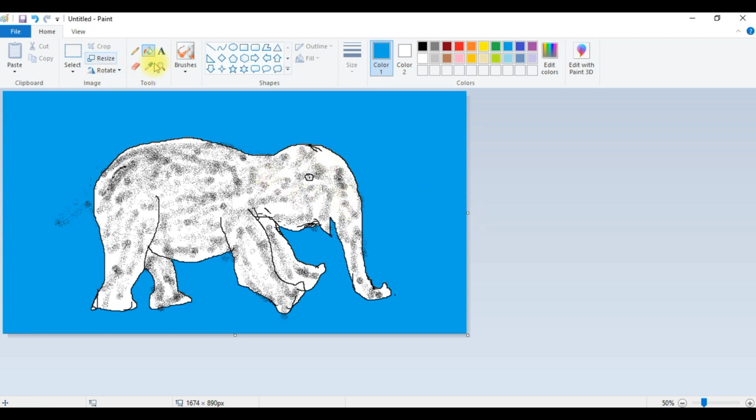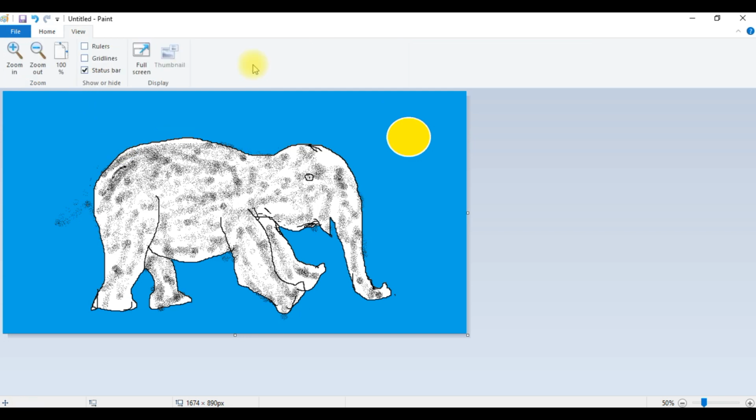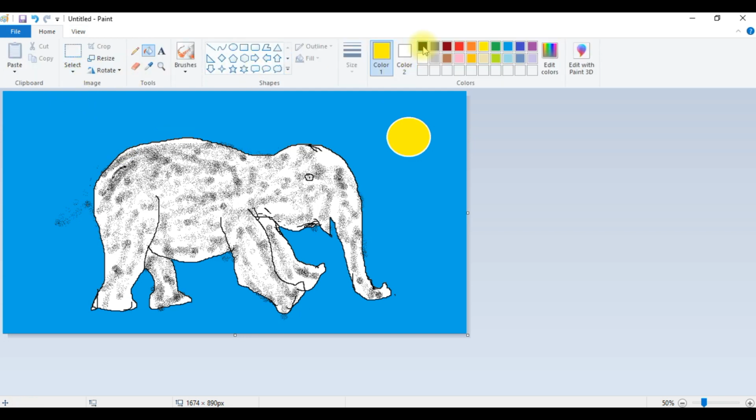Now some shapes will be there. You can take one shape and change the color to white, and you can fill yellow in that. Likewise, you can change the color to white and draw some mountains.